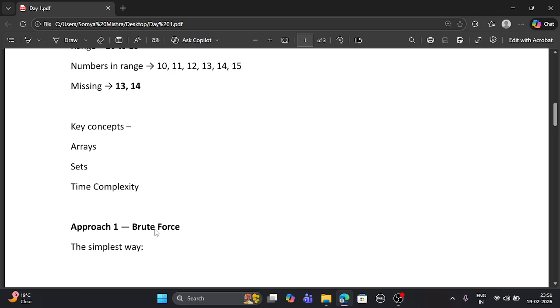A set is a special data structure that stores unique elements and allows instant lookups. Checking if a value exists in a set takes big O of one time on average, which is extremely fast. This is why sets are perfect when we need frequent lookups.